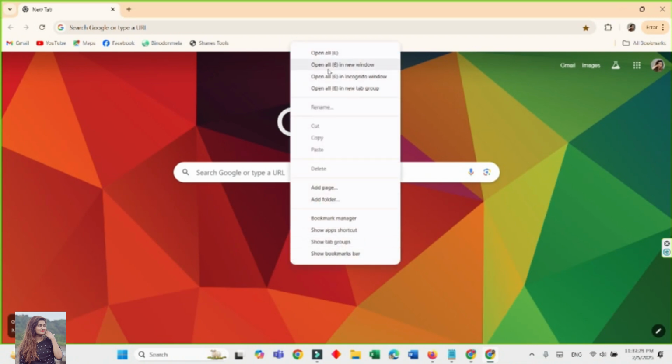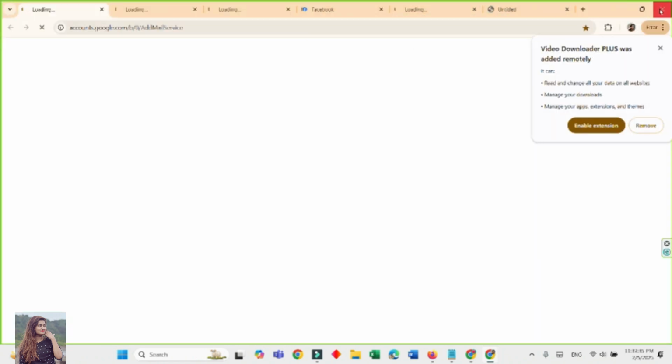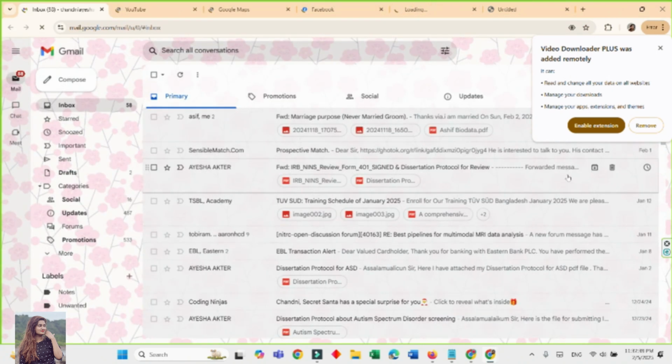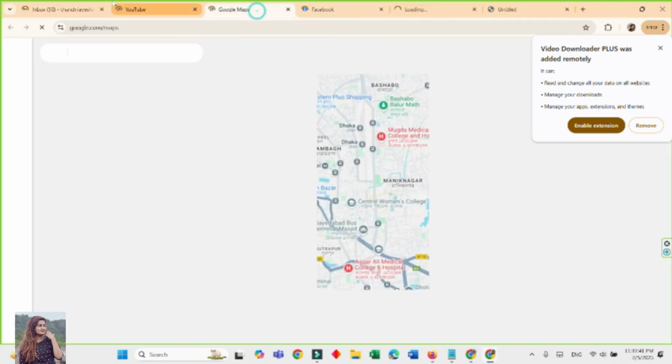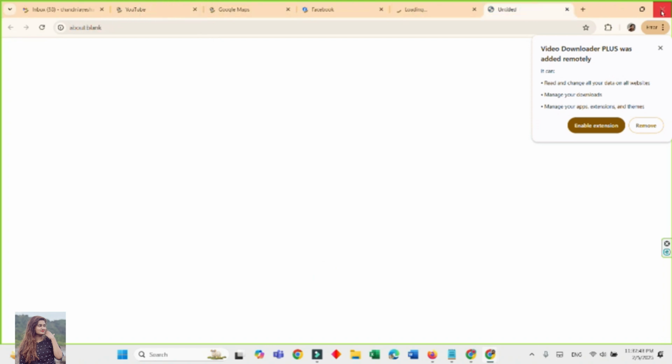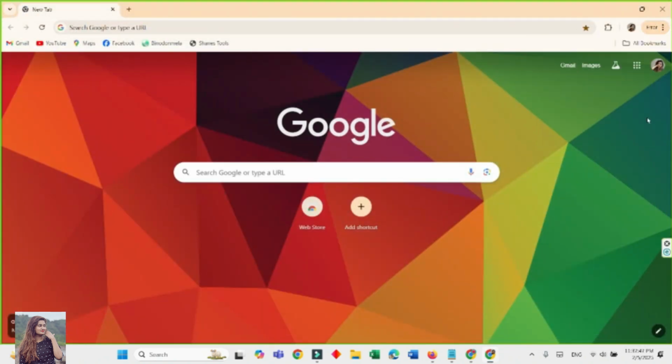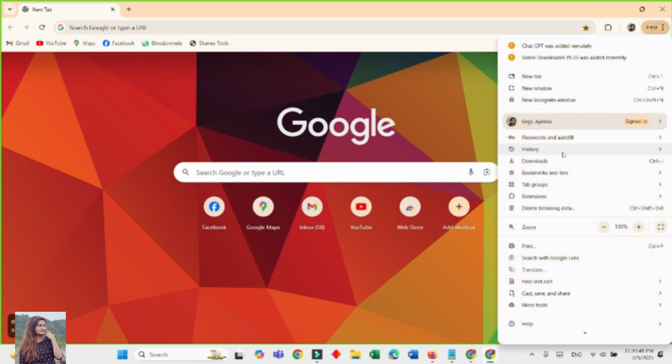If I want to open a new tab 6, here I have 1 2 3 4 5 6. So at a time the 6th new folder has been opened. See, so in this way we can do this. Again we can close this. See, then again go to the thing,